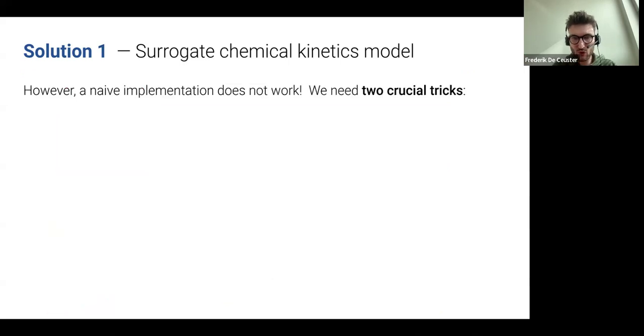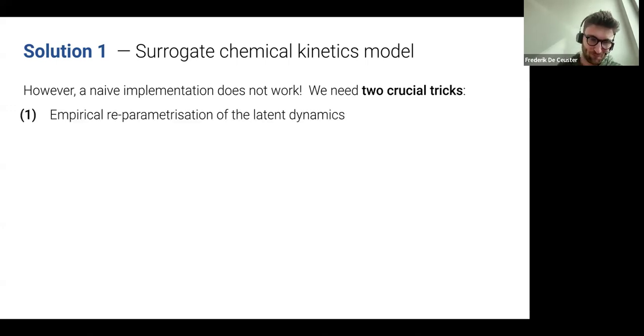The problem is if you use a naive implementation of this, if you just use the thing I just described, it does not work and it fails dramatically. I showed you this large list of previous work, and we discussed this with all of these people, and everyone was very skeptical about this approach, and they all thought it wouldn't work. And indeed, they were right. It didn't work at first. But that was because we missed two crucial tricks to actually get it to work.